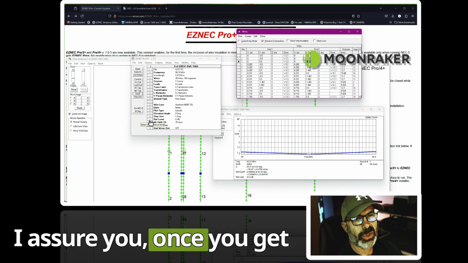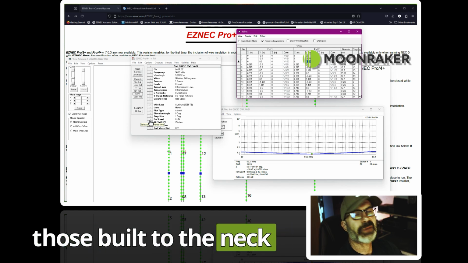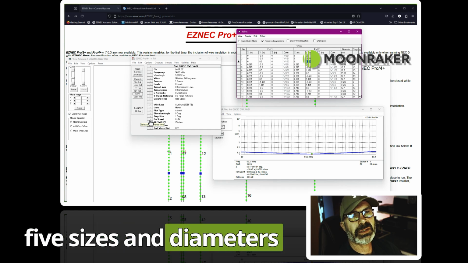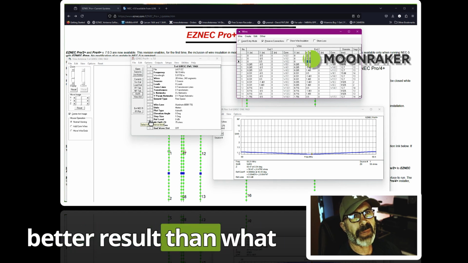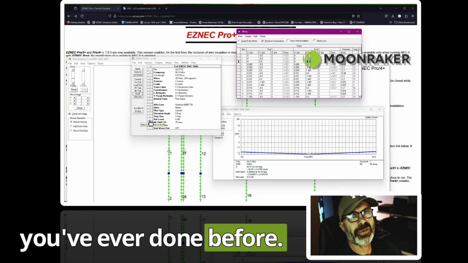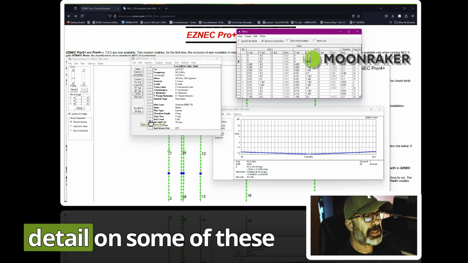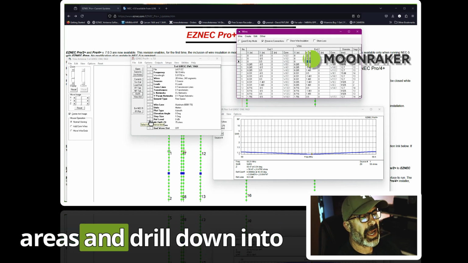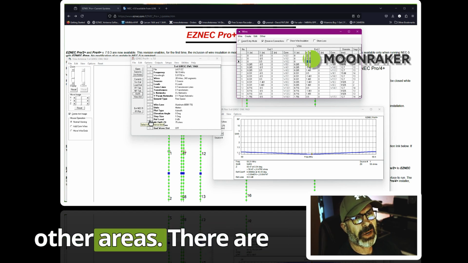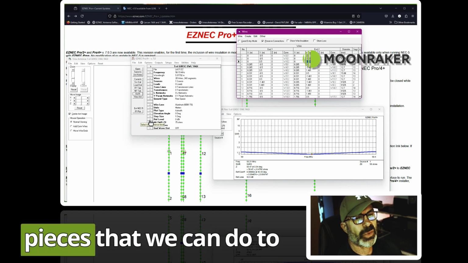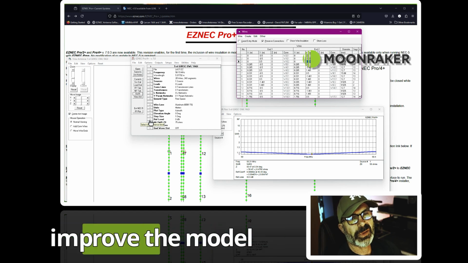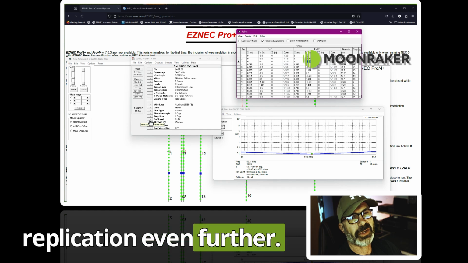And I assure you, once you get those built to the NEC-5 sizes and diameters, you will find a much better result than what you've ever done before. So that's it for today. I will go into more detail on some of these areas and drill down into other areas. There are some extra bits and pieces that we can do to improve the model replication even further,